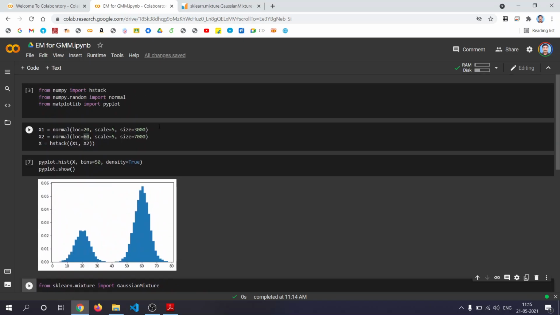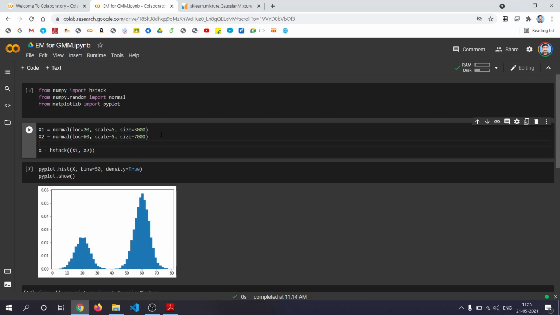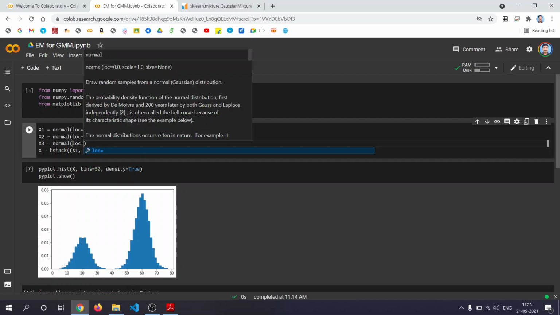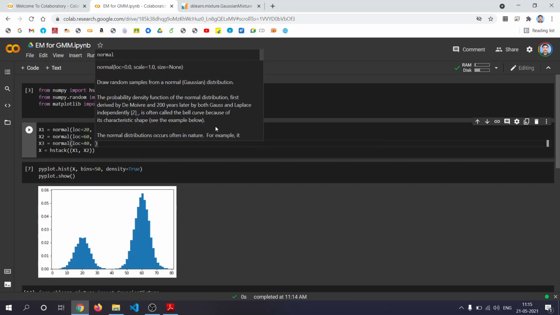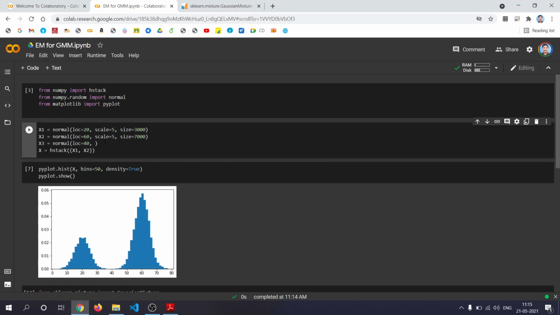Now if you would like to add more onto this, you can do that. For example, x3 equal to one more normal distribution, with some location, some mean, let it be 40, scale equal to 5, and some size, 5000.